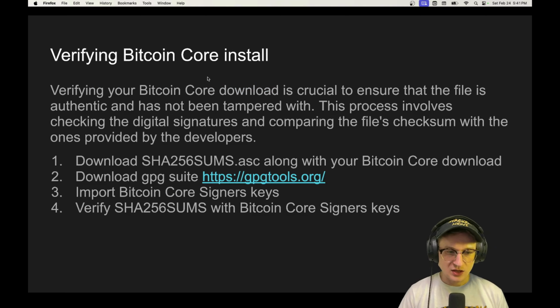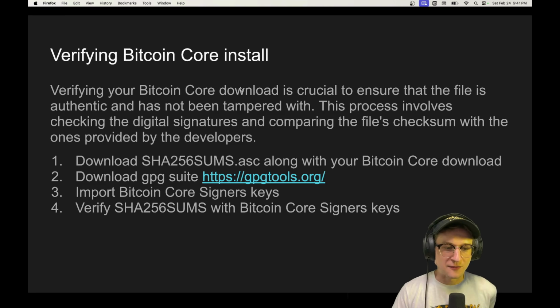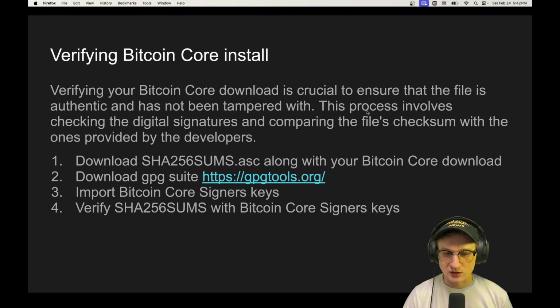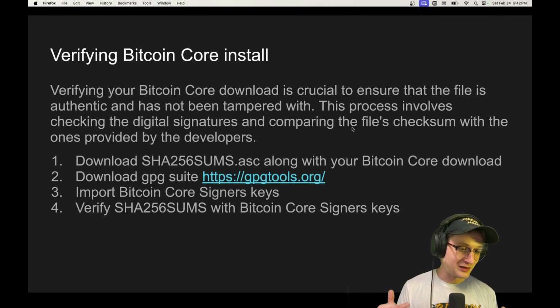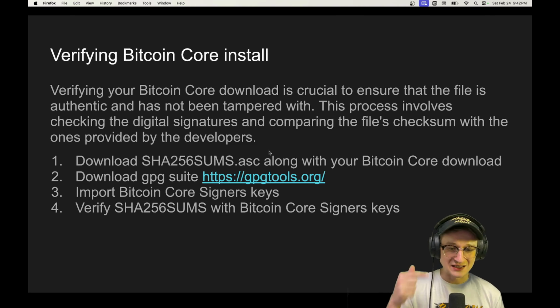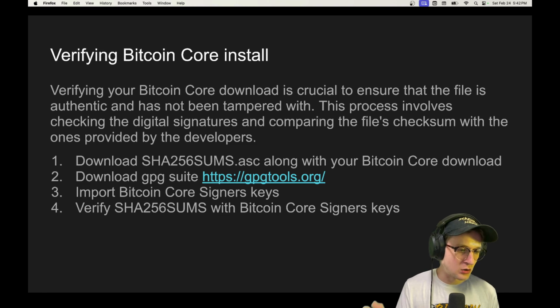Okay, so this is going to be the process of verifying, and here's kind of why. Verifying your Bitcoin Core download is crucial to ensure that the file is authentic and it hasn't been tampered with. This process involves checking the digital signatures and comparing the file's checksum with the ones provided by the developers. So the code in the actual release has a checksum, and then all of the developers have PGP keys where they sign and verify this checksum,